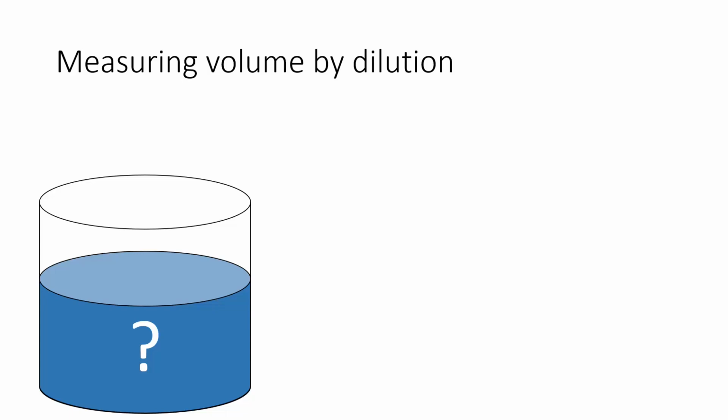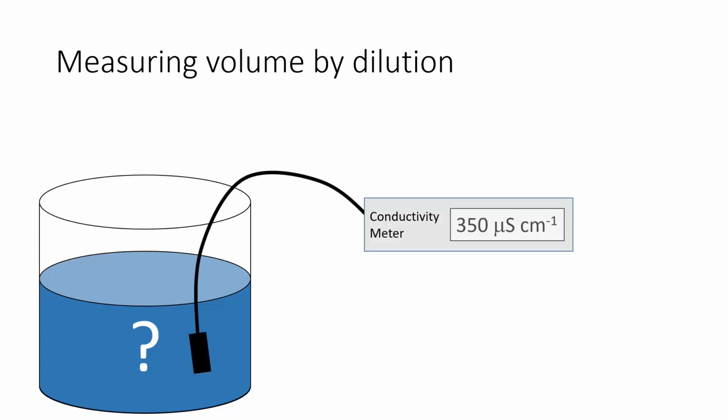So let's talk about how to measure volume by dilution in an unknown volume of water. So the first key is to know the electrical conductivity of that water before we add our tracer. In this case, tracer refers to our sodium chloride, our solid that we're going to dissolve in the water. The reason we want to know that is because we don't really care what's causing the background conductivity,